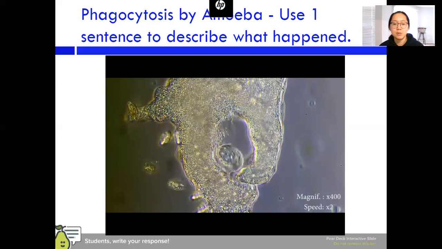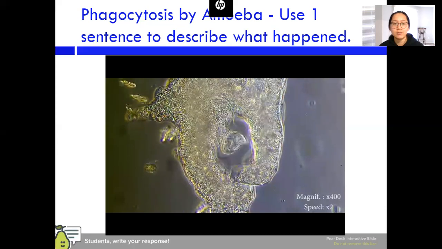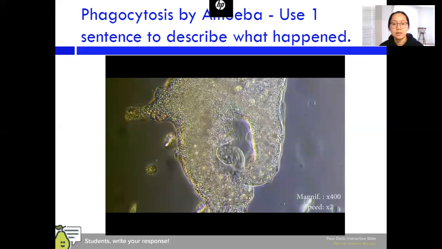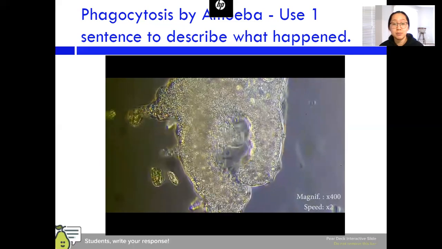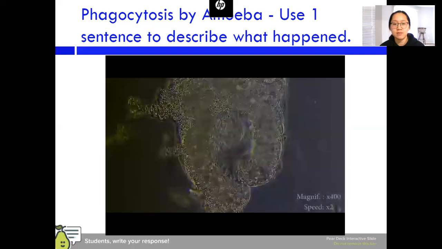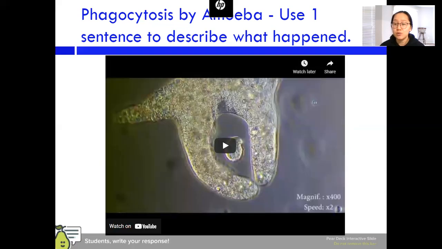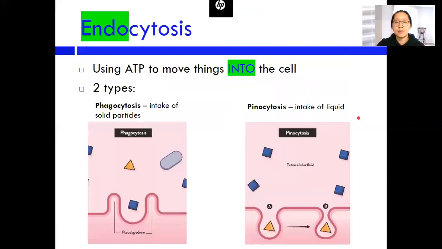What it looks like is that the amoeba is wrapping these two tentacles around this thing. And slowly it's going to be getting blurrier and blurrier because it's injecting digestive enzymes. And eventually it's going to be doing something related to the previous slide that we talked about here, where